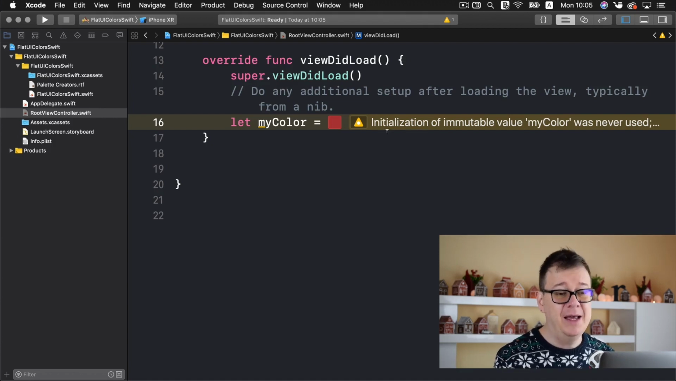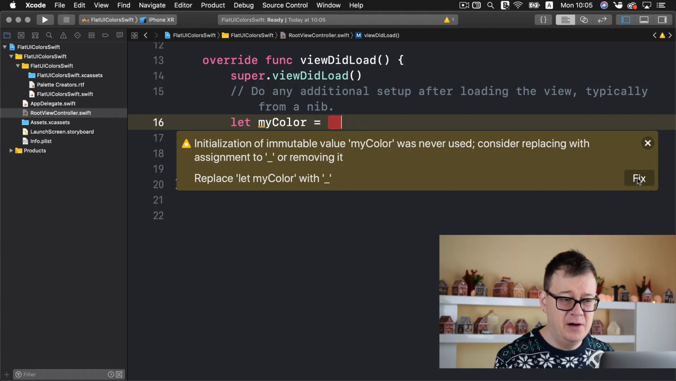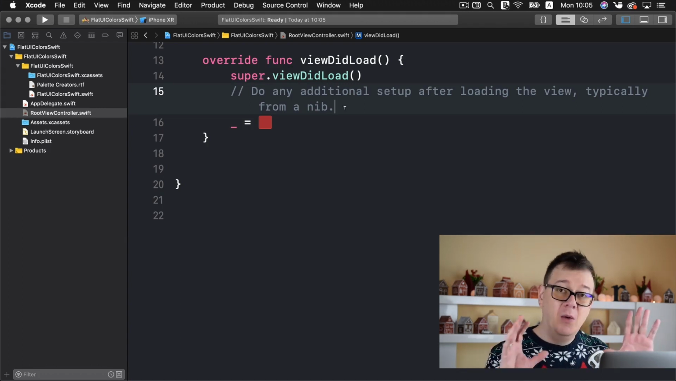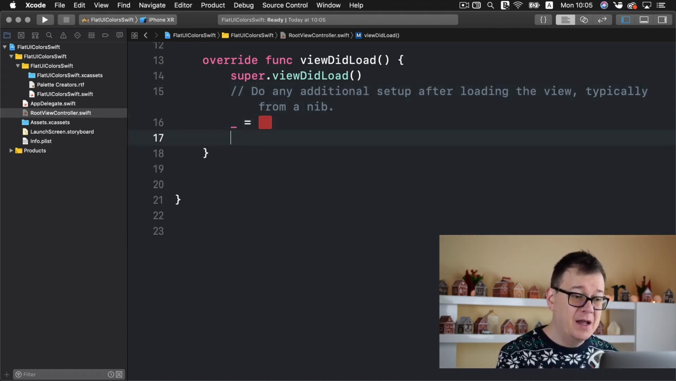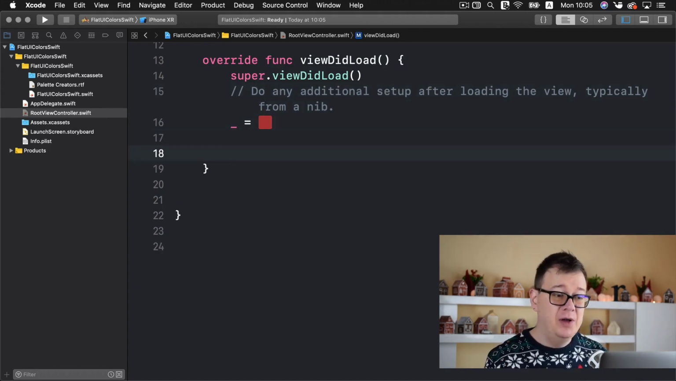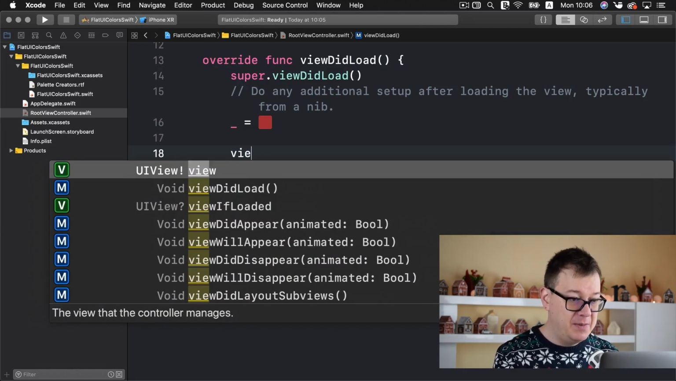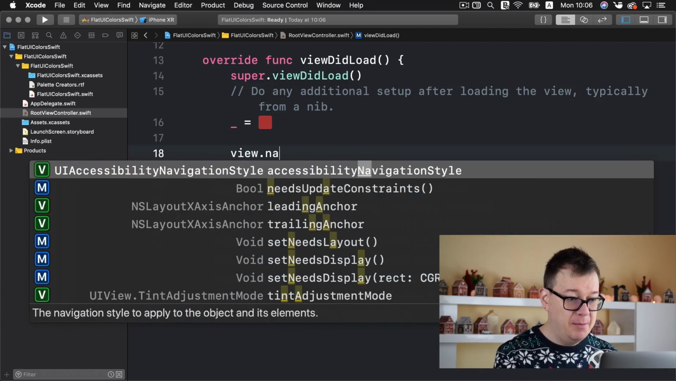Okay, it hasn't been used, so I will just fix this error by basically giving it this underscore. Okay, now what else do we need? Well, let's say we want to have our view's background color to be black, and that is pretty simple. View background color